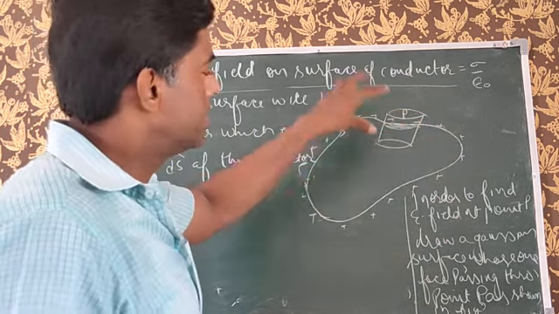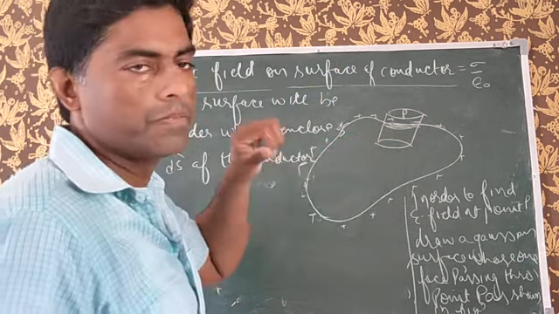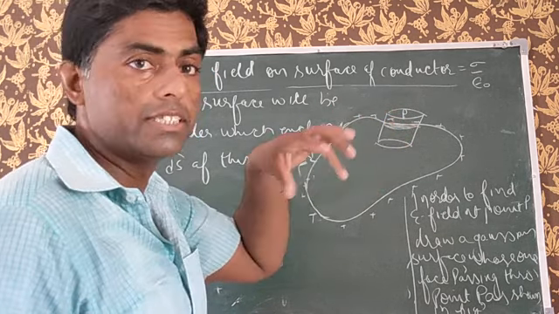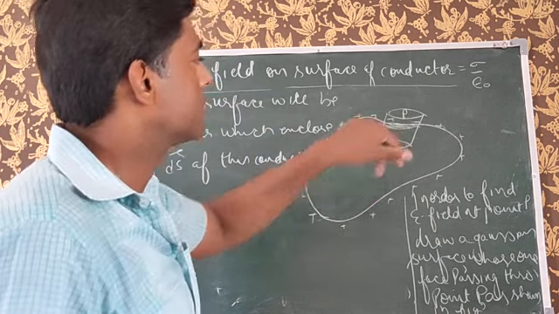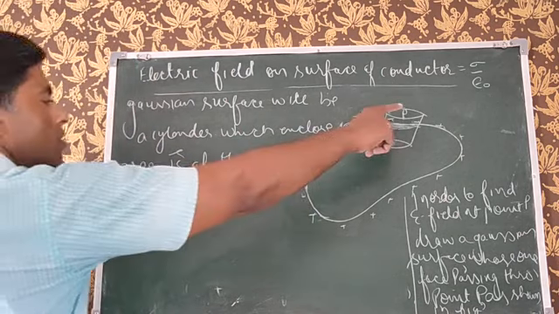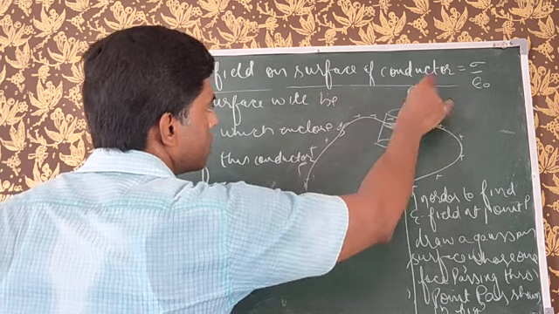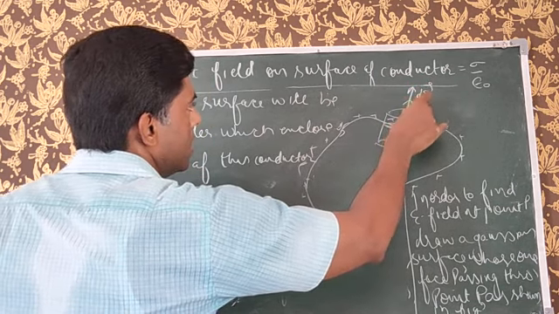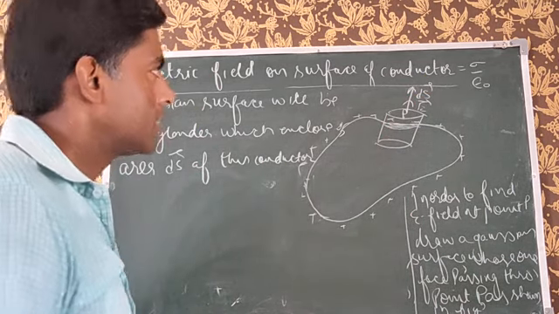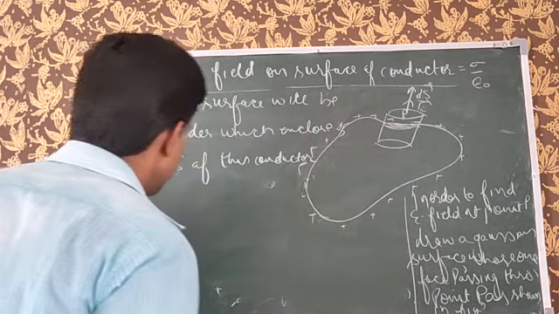So we will consider only that charge of this conductor which can produce an effect at point P. So we will draw a cylinder which encloses only that area of the conductor which can produce an effect at point P, and that area is ds vector, which is also the area of its lower or upper face. This area vector is acting in the outward direction. Now the electric field is also acting in the outward direction. As we know, the electric field at the surface of a conductor is always normal to its surface. That's why the electric field is also acting in the outward direction.